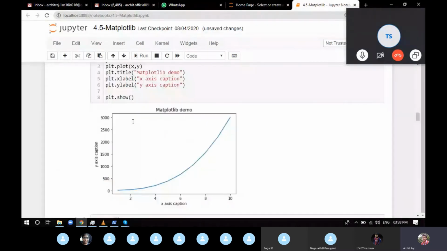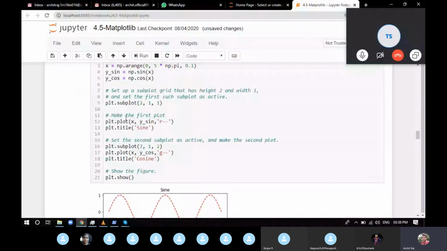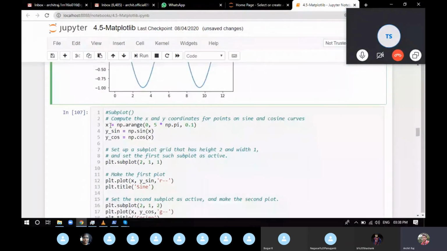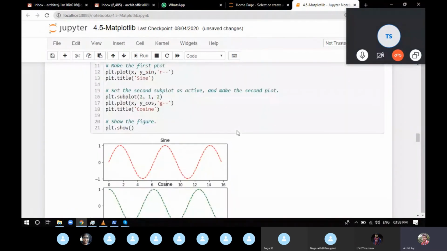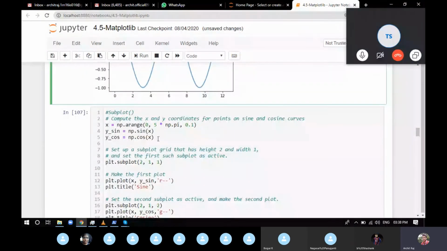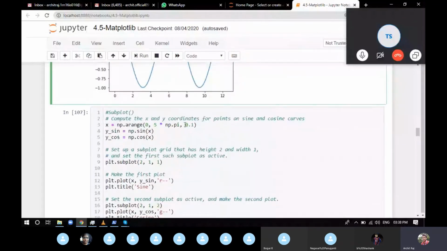we created np.arange from 0 till 5 pi, 4 pi, it depends on till whatever you want your graph to go. If you keep it to pi only, it's going to create like one-fifth of it. If you use 5 pi, it's going to create more. Now from x, we created the numbers from 0 to 5 pi in steps of 0.1, and we created two lists, which are y sine and y cos. So for each and every value of x, we are finding its sine value and cosine value and saving it into y sine and y cos.